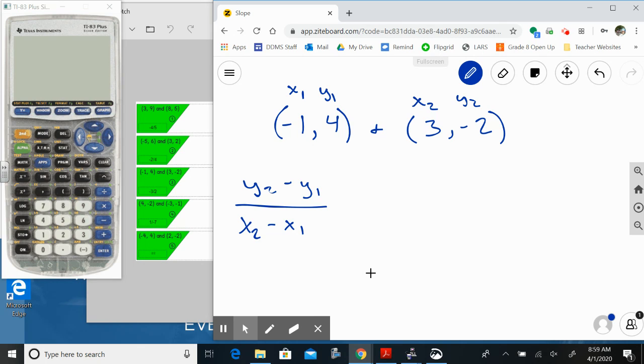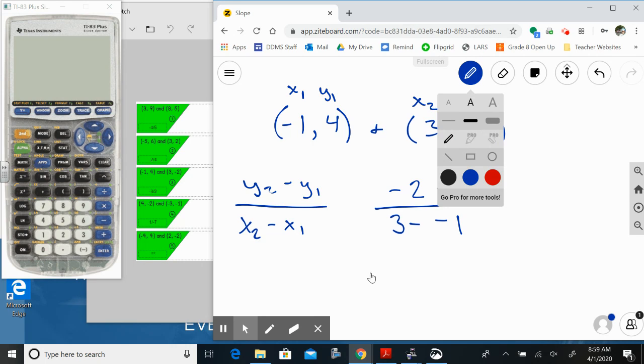I'm taking the y of point 2, which was -2, and I'm subtracting from that the y of point 1, which was 4. That's going to be divided by the x of point 2, which was 3. I'm subtracting from that the x of point 1, which is -1. So now that I've got